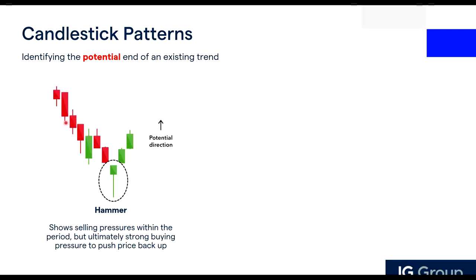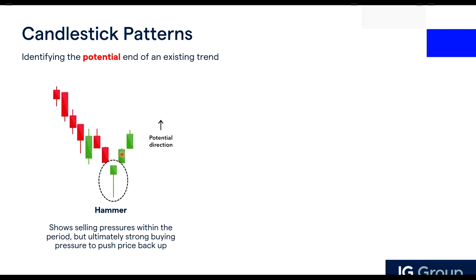If it's a red candle, it means that the opening is the top of the bar and then it closed lower. So this is the opening, this is the closing, and hence it's red. And if it opened, went down, then went up and closed higher than the opening, then it is a green candle. Okay, this is only for those who are new.